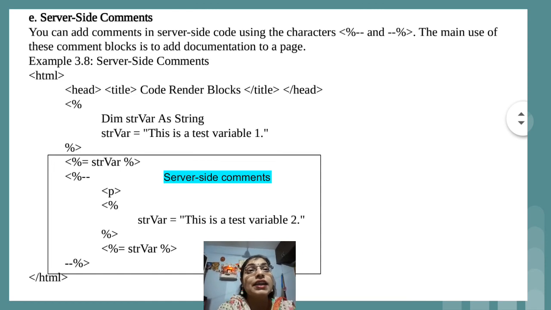And now we are adding the comment in HTML, and this is the reason why we have used this server side comment. We cannot use normal hash or single quotes or slash. These symbols cannot be used because this is a server side comment. The code which is present inside HTML, you want to comment that code. So just remember the symbol or characters used to give a server side comment, that is triangular bracket, percent and two times minus. And again we have to close the comment also, that is very important.